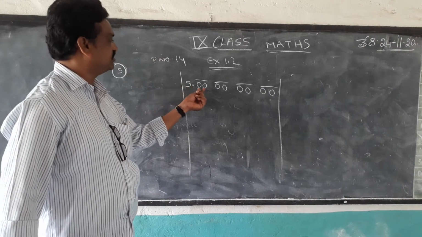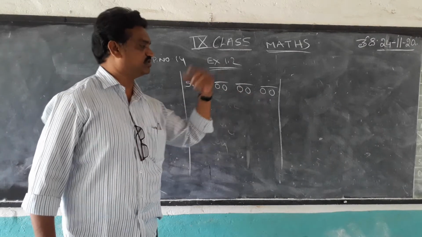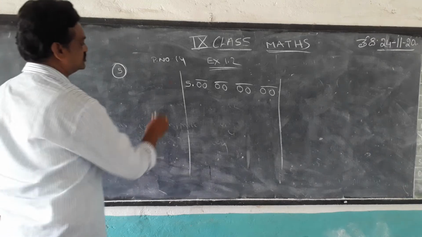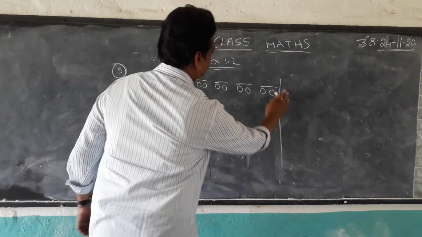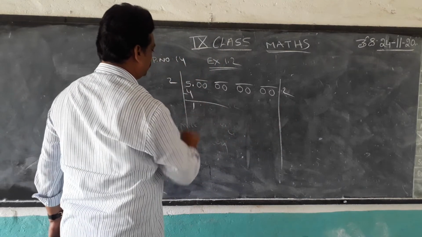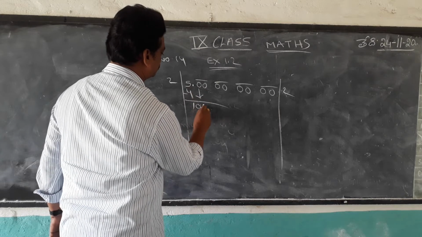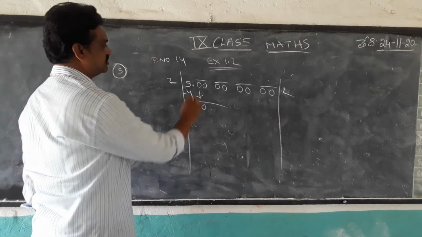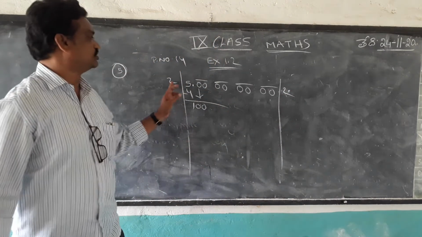Therefore 5 point, you have to write 4 bars, 0 0 0 0 0 0 0 0. First, 2 2s are 4. This is the division method. 2 2s are 4. 5 minus 4, 1. Okay. Write 1 bar, 1 bar means 2 zeros. At the point, okay, 2 2s are 4.